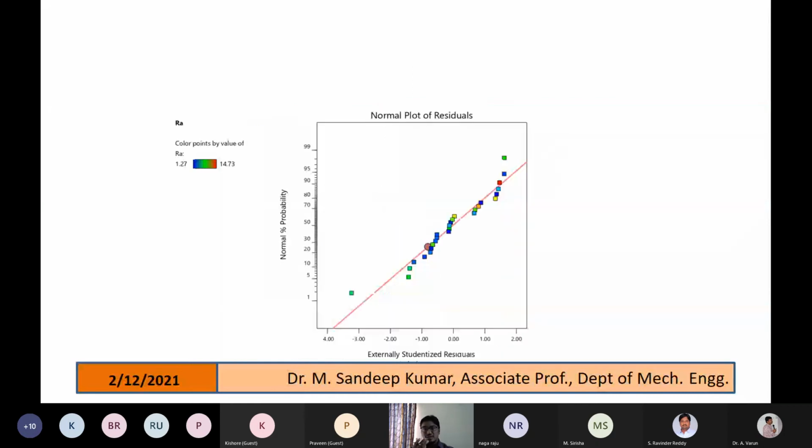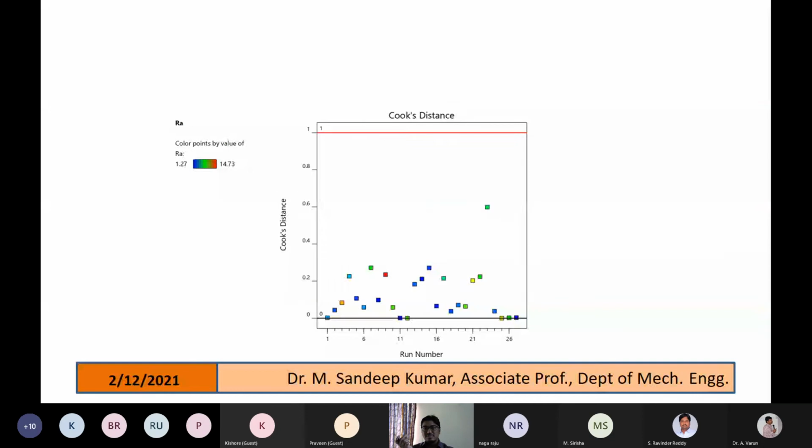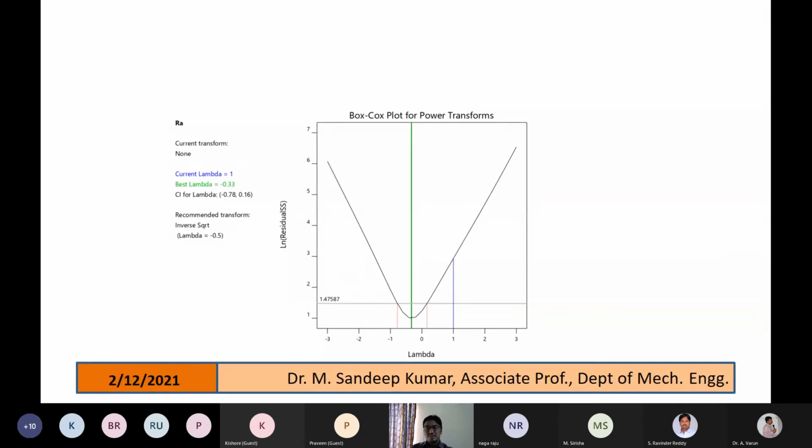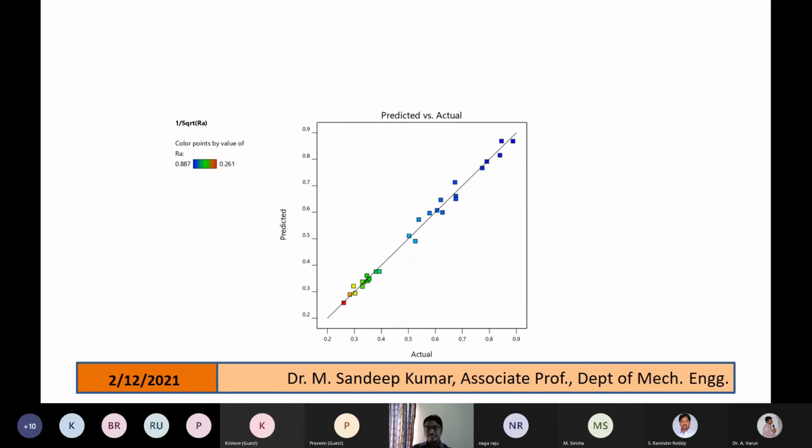Okay, this is the normal plot, the Gaussian plot. So I don't want to get into all these things. Box-Cox plot, there is some transformation required actually, lambda 0.5. So this is what I was speaking about. Lambda 0.5 is required. Usually this conversion is required. So I need to go back to the transformation chart, and there I need to select lambda, it is inverse square root. I have to select that, and again I need to repeat the process. So after repeating, I have just placed it in the PPT.